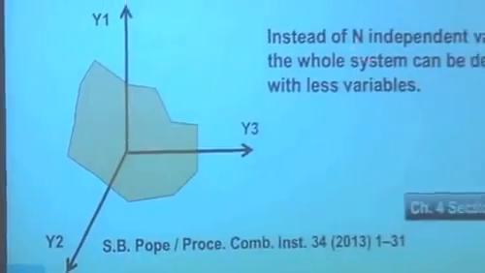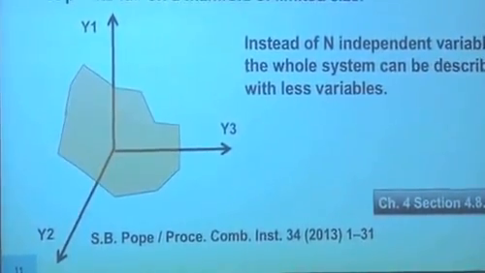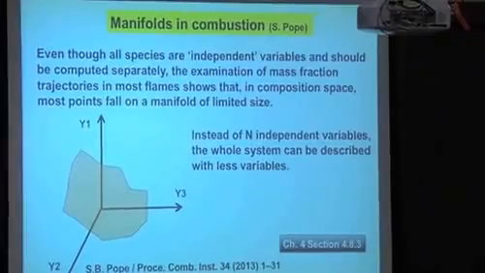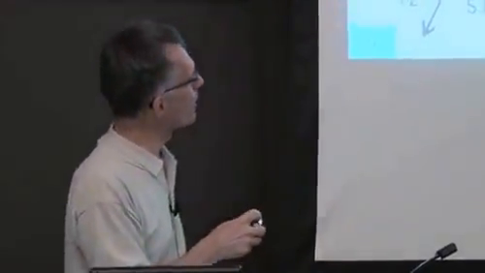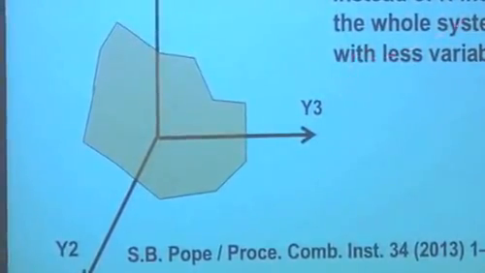The tabulation method is based on this idea coming from manifolds, and again the big name there is Steve Pope from Cornell. Moshe Matalon talked about that last year, because I saw his course yesterday, so I suspect you should have seen it. Even though you have a lot of independent variables in the system, in many cases these variables are not spreading over the whole domain of parameters. They end up following a given shape, a manifold, and that allows you to describe a system where you have 300 species with maybe only 3, 4, or 5 independent variables.